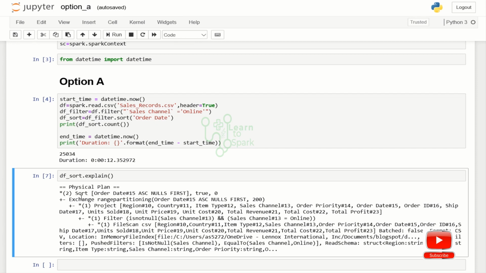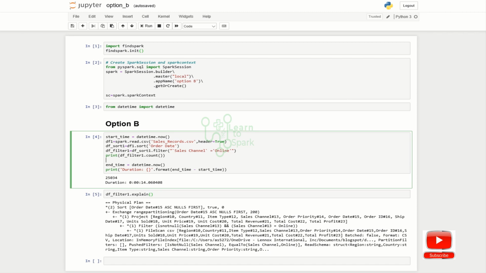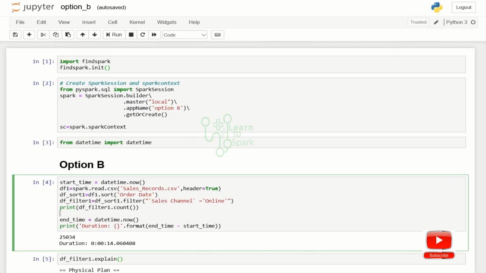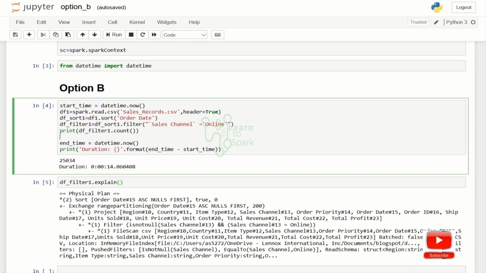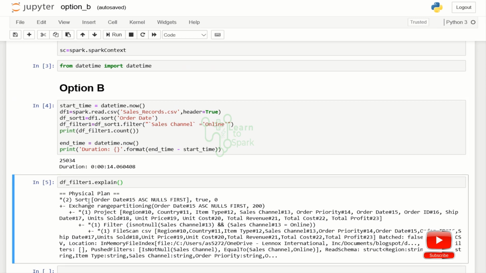So this is the order of execution in our physical plan. I will show option B as well. You can see in option B it is the same: scanning the CSV file, filter, and then sorting is applied.